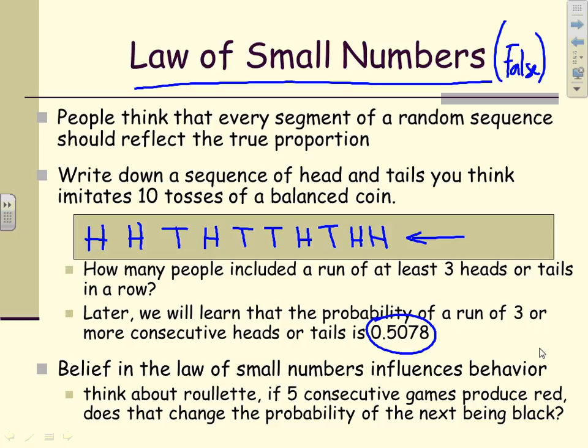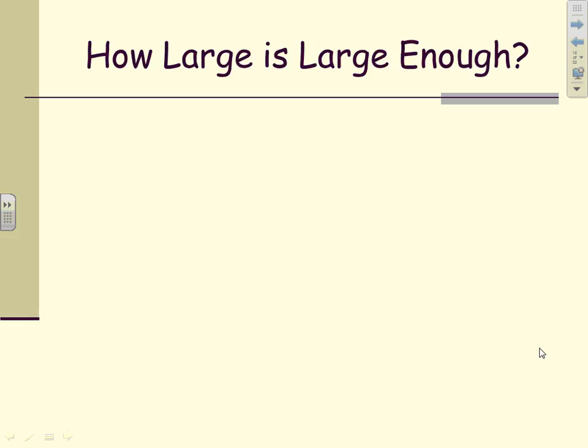But whether they win or lose has nothing to do with actual true probability. It's just chance. It's just luck. Okay, they're thinking that it's going to be more likely for the next one to be black, but the law of small numbers is not a true thing. It is not going to necessarily balance out in the short run. In the long run, yeah, sure, there are going to be just as many reds as there are blacks, give or take a couple. But in the short run, that does not necessarily have to be the case.